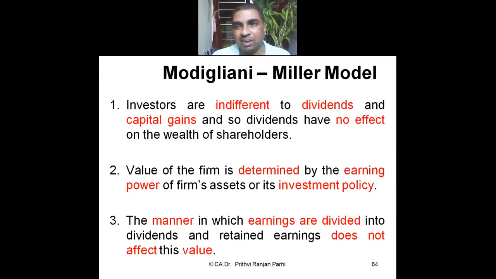The division or the ratio of these two things is not going to affect the value. Or some people say that suppose there is a cake: you cut it into two pieces, or you sell it as a whole, that is not going to affect the price. The price of a cake is not affected by the way you cut it into pieces. Just like that, earning we are cutting into two pieces, one is retention, one is payout. Whether we cut it 60-40, 80-20 or 50-50, that is not going to affect the share price. But ultimate earning is relevant. Dividend is irrelevant. That is what the theory says.